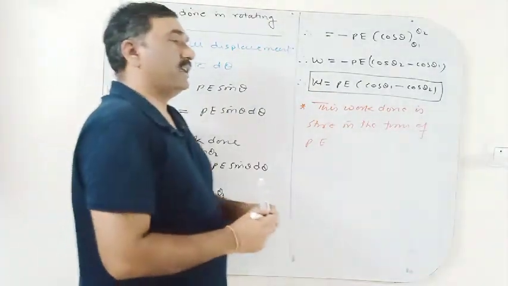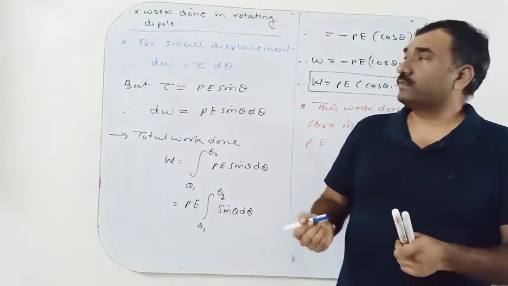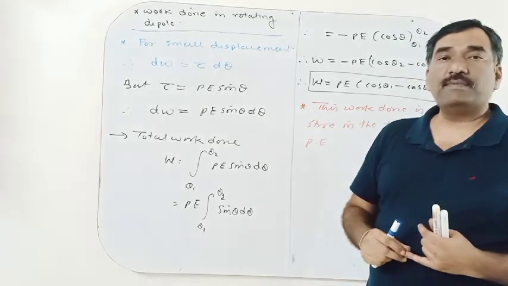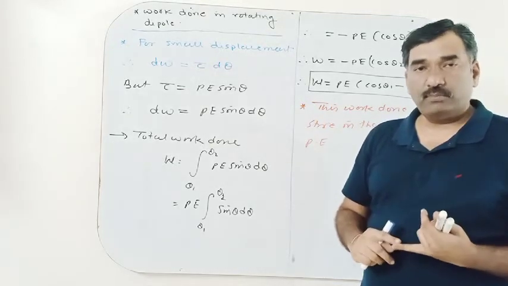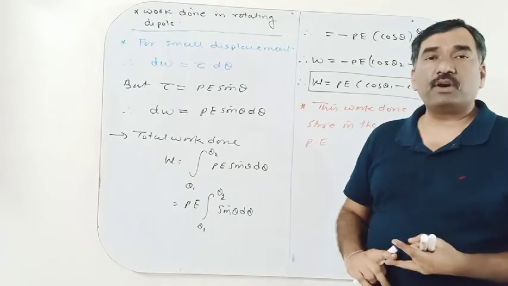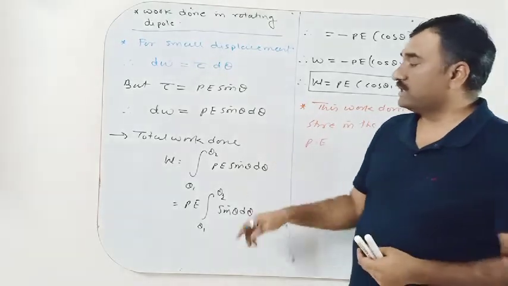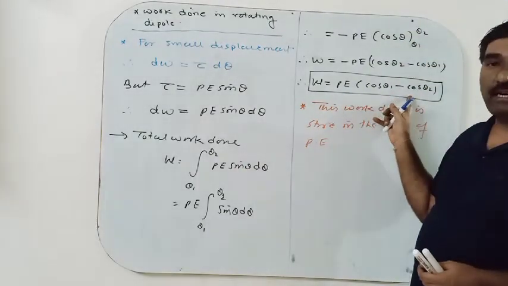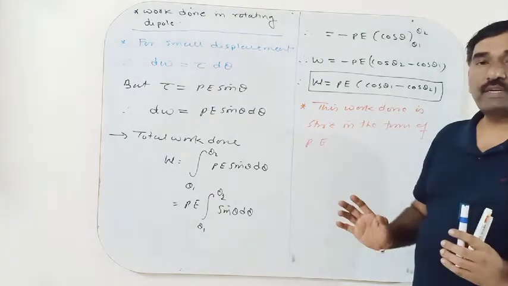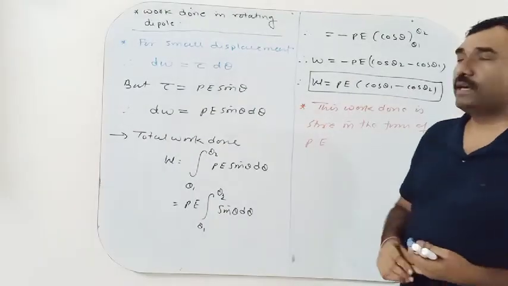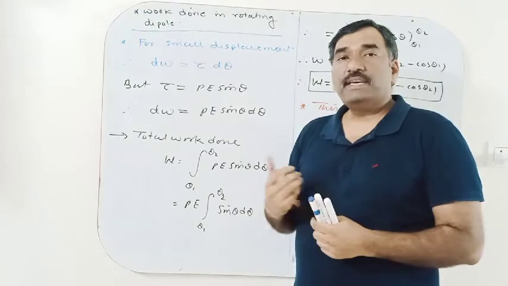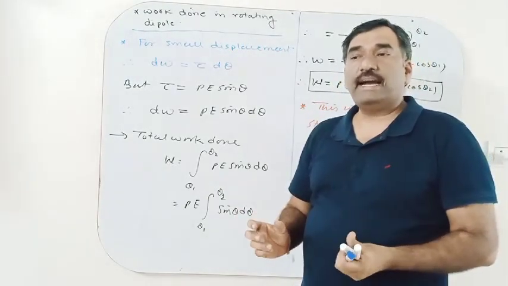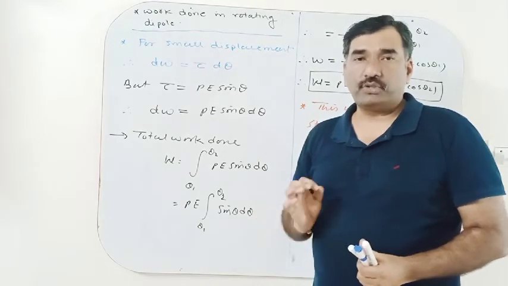Now I hope you can understand the behavior of the dipole in a uniform electric field. When the dipole is placed in a uniform electric field, it performs pure rotational motion, no linear motion, because the resultant force is 0. The formula for the work done is W equal to PE times cos theta 1 minus cos theta 2, and this work is stored as potential energy. In the next topic we will take up the behavior of an electric dipole when it is rotated by a small angle in a uniform magnetic field and performs simple harmonic motion. Note this down.